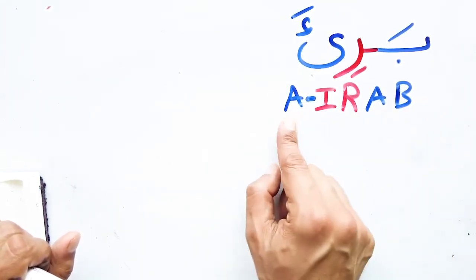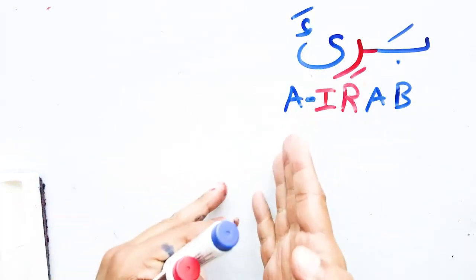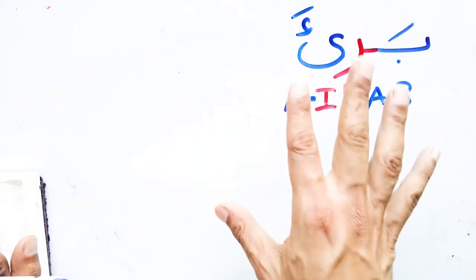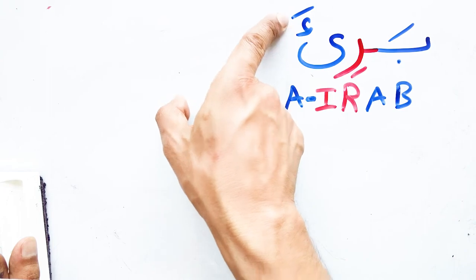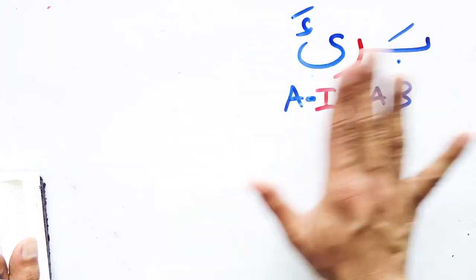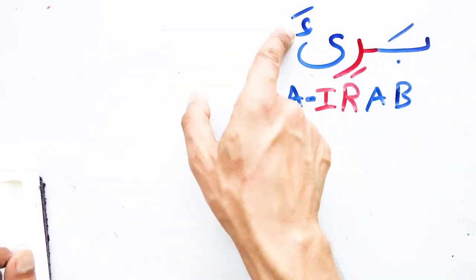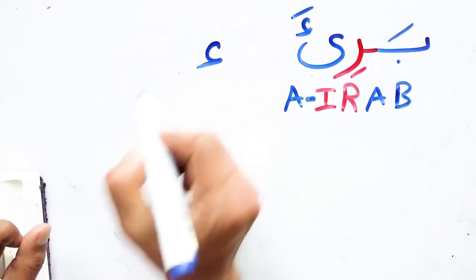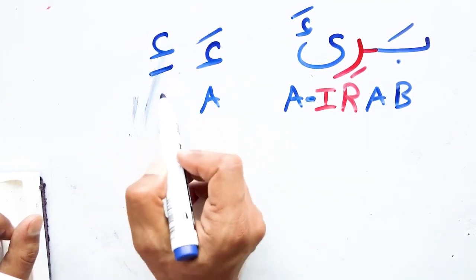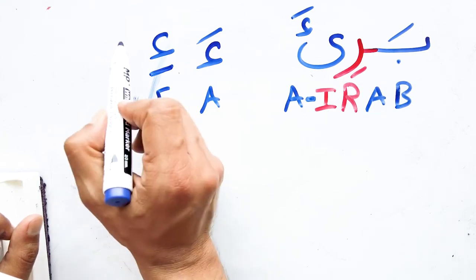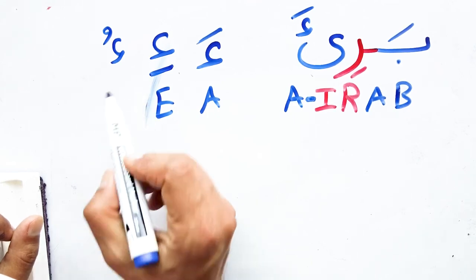All this combination sounds like bari'a. It's not our topic today to talk about why it sounds like a, but just try to memorize it now like this. This is the easiest way. This part sounds like a because we have hamza and it has fatha on the top. Forget about this ya as if it is not here. What interests you is the hamza. The hamza sounds like a. So if there is any hamza with fatha, it sounds like a. If there is any hamza with kasra, it sounds like e. If there is any hamza with dhamma, it sounds like u.